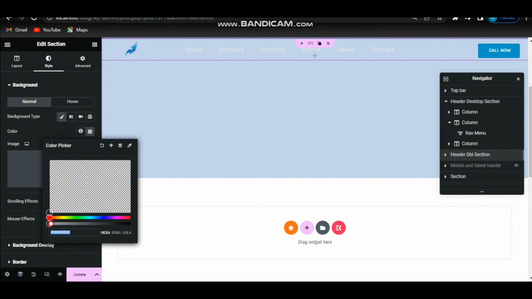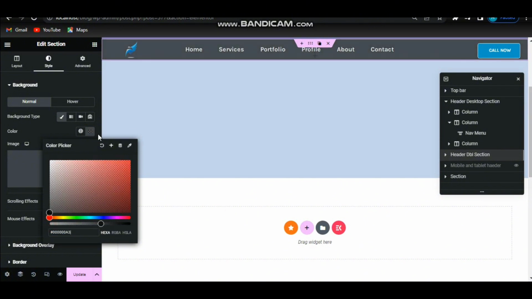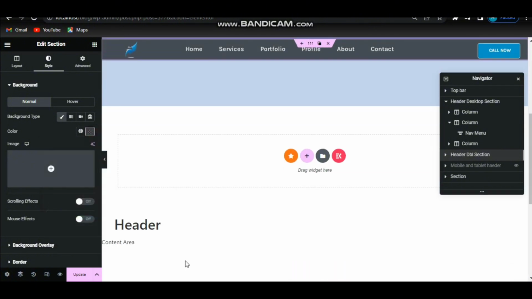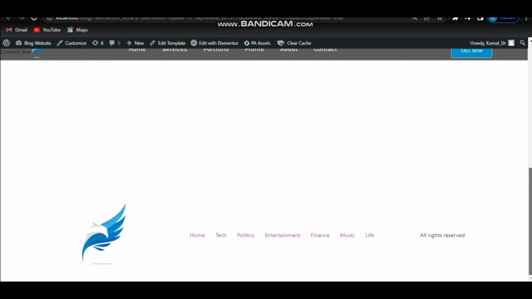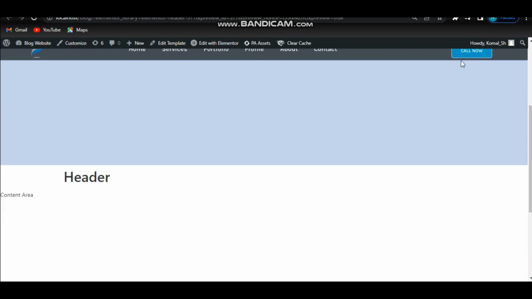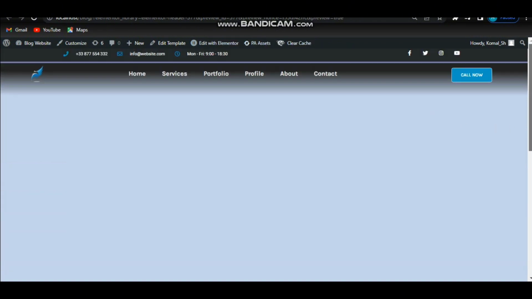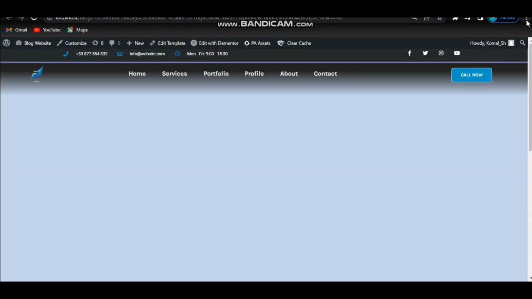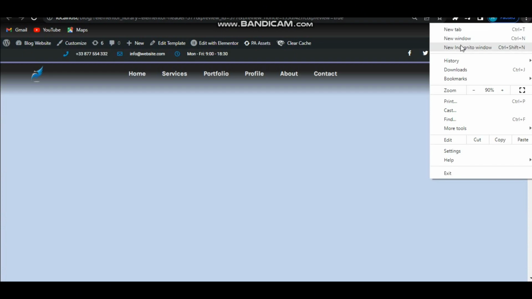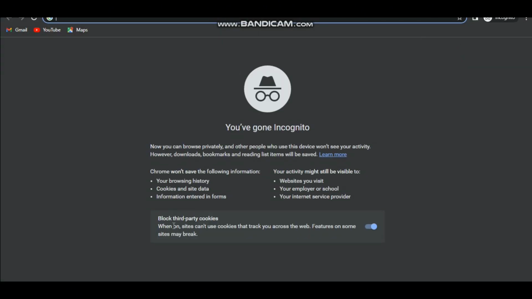So now just give the other header a beautiful background color like that. Click on update, then preview your header. The header is not completely showing because I'm logged in and because of this bar. You can check your header in another browser. If you want to check your header, just check it in another browser or go here and